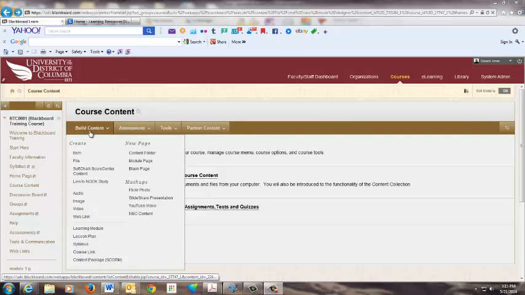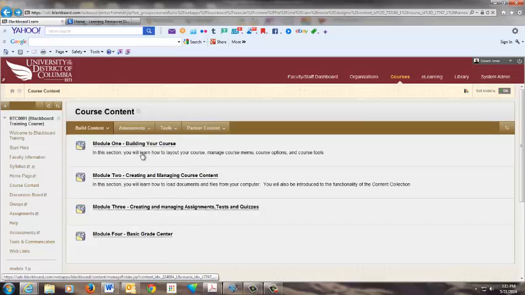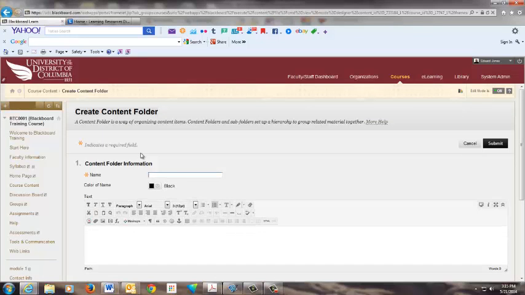First thing that we do is we want to go into the build content area. We want to go to content folders. We want to select a folder. So here we are building a primary folder, and if I set this up, let's just call it primary folder. And you can add instructions with it, or you can come back and do that later. One thing within Blackboard, you can always come back and edit your content. So we submit this,